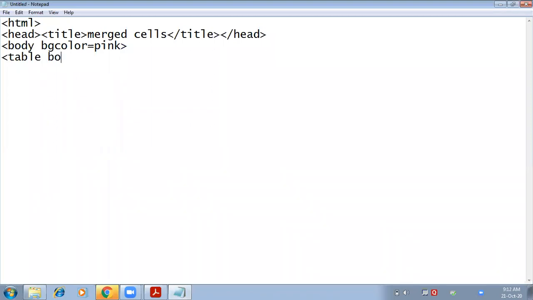border equals to 4, border color equals to green, width equals to 400,